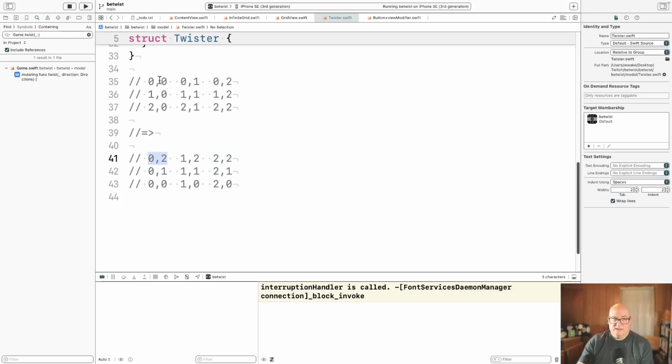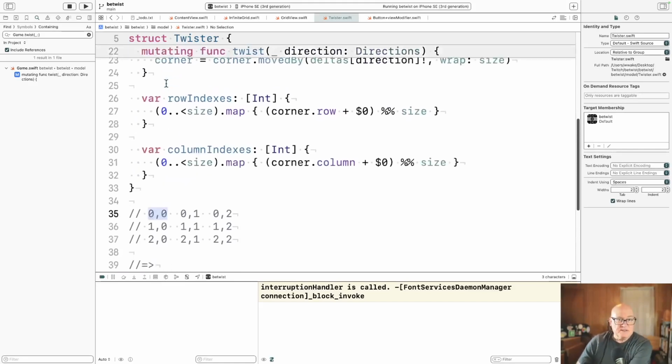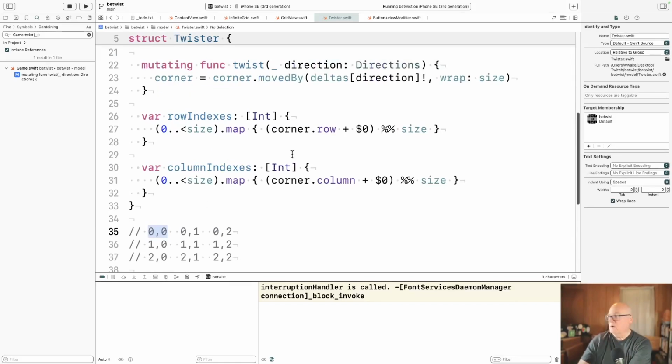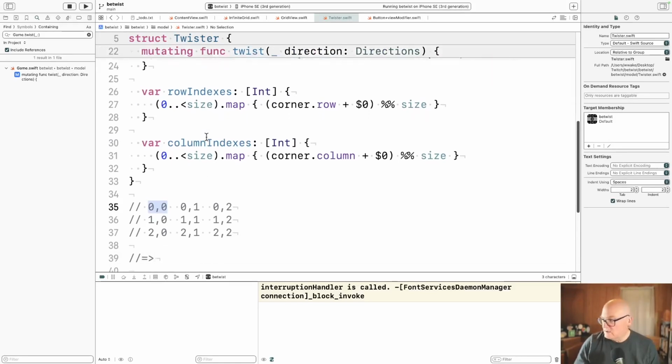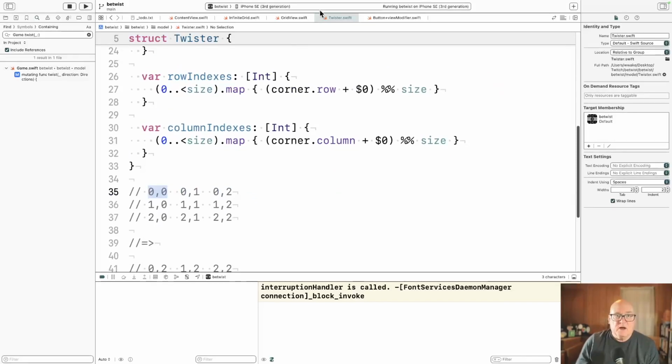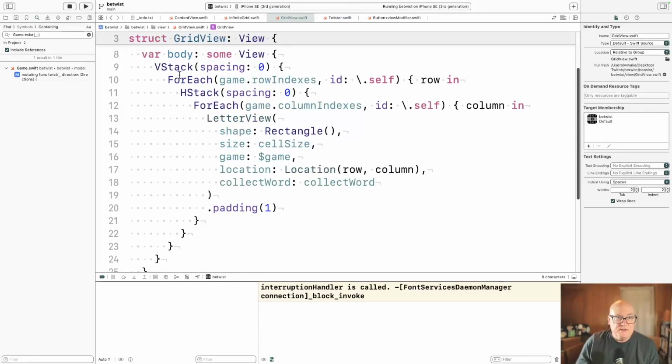But I think if we said give out the pairs, and Twister's job is to flip things around on those pairs, because he defines column indexes and row indexes. Yeah, so all right, I think that gives us a path. I don't know if I'll go far in the next 4 minutes, but what I'm thinking is this becomes for each game.coordinate or game.coordinates, and I think somehow we'll have to count. Well, if